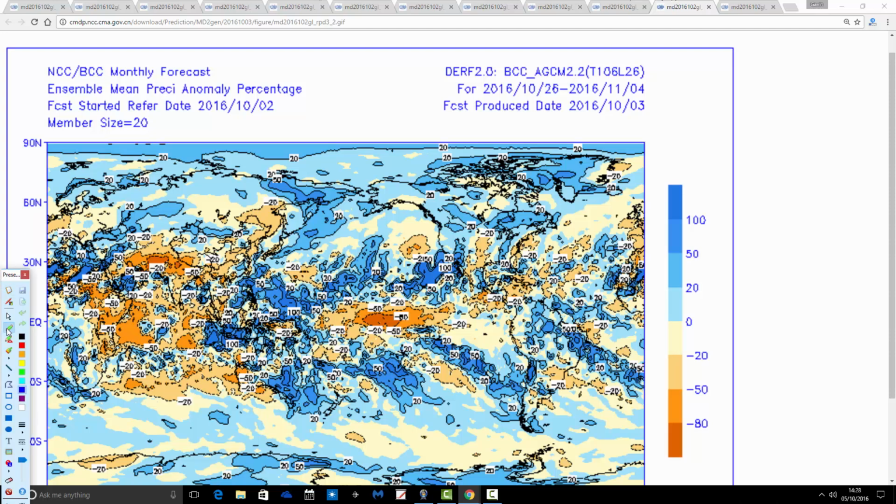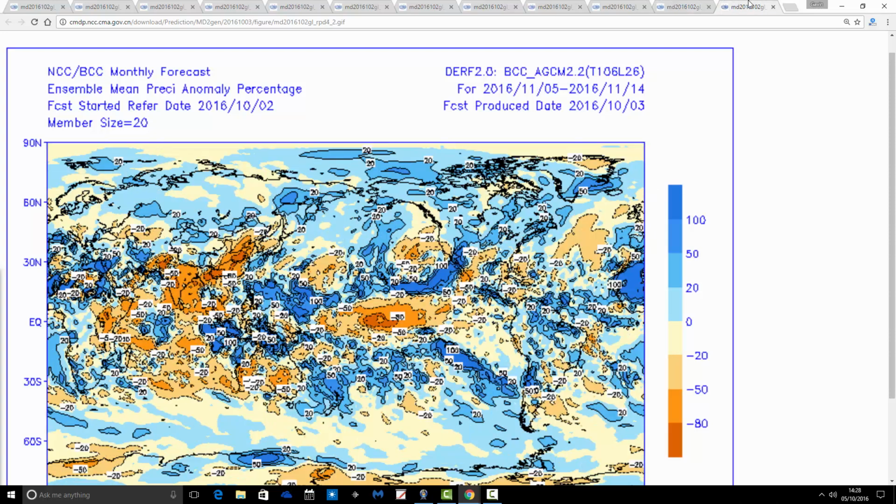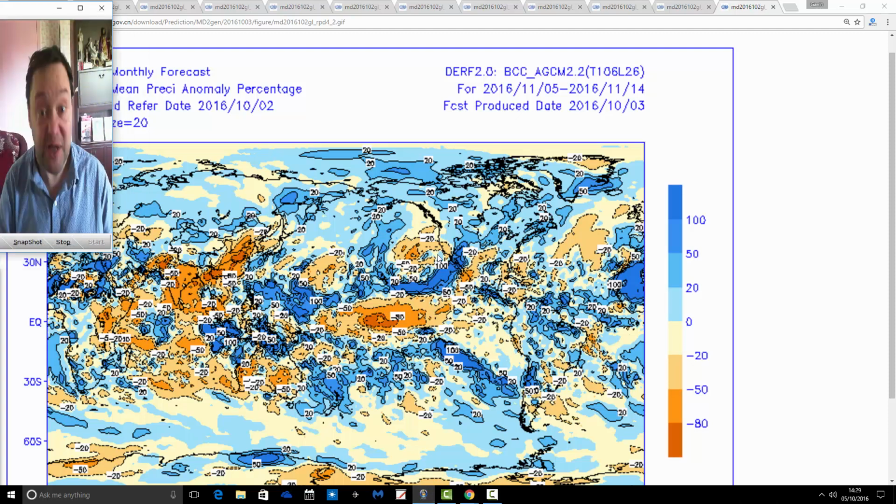The next 10 days, from the 26th of October to 4th of November, again shows average to drier than average precipitation. Again, it makes sense. There's a ridge sitting right on top of the country, so you'd expect it to be pretty dry. And then the final 10 days, where the ridge looks like going back up to Scandinavia again, also comes out average to drier than average, and that all makes sense. I agree with that, but we are probably in for really quite a dry 40 days of it. In fact, we might even get technically close to a drought in some parts of the country.